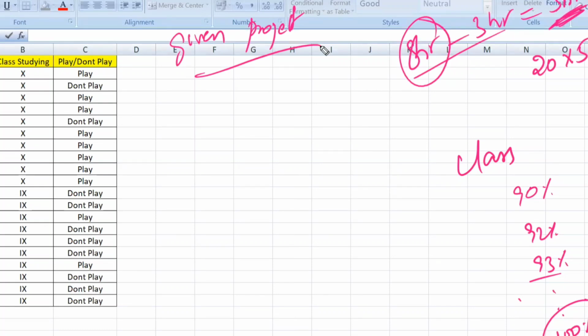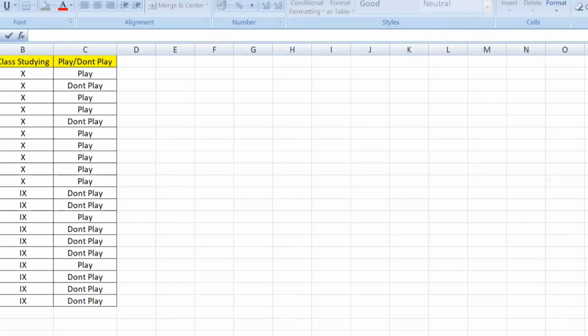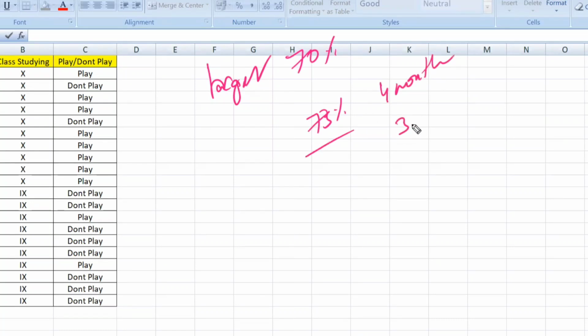Don't feel that it is completed. Still there is betterization. For example, they have given a target of 70%. You have got 72 or 73, and the target is achieved. This is a 4-month project and you have completed it in 3 months 20 days.